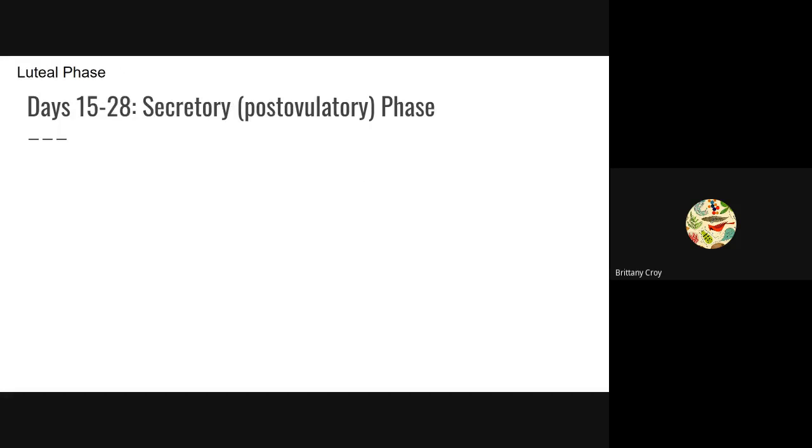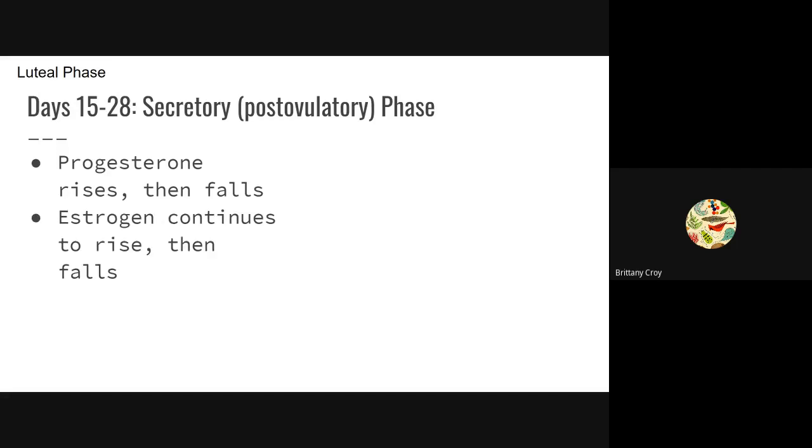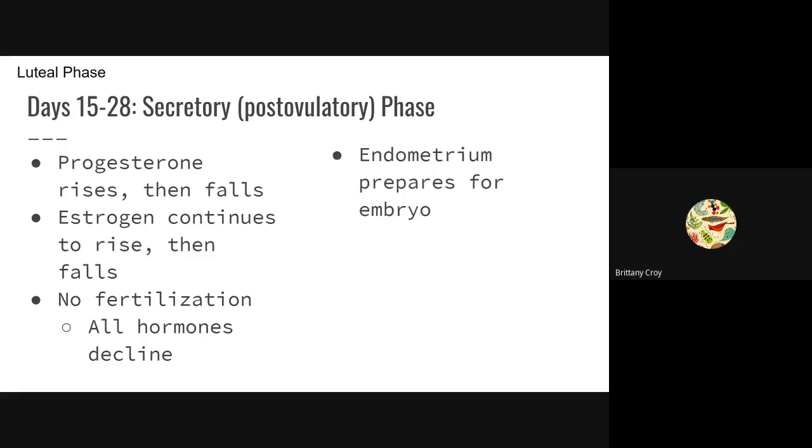After ovulation, we have the last phase of the uterine cycle, the secretory phase, which coincides with the luteal phase of the other cycle we were talking about. Progesterone rises and then falls. Estrogen continues to rise and then also drops off. And if there has been no fertilization, then all hormone levels are going to decline, and that would start another